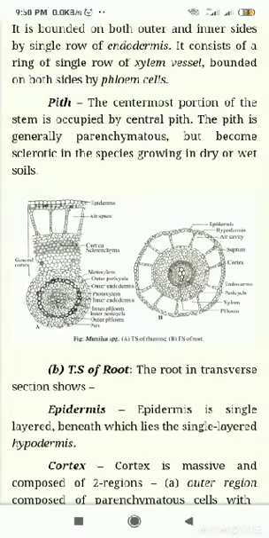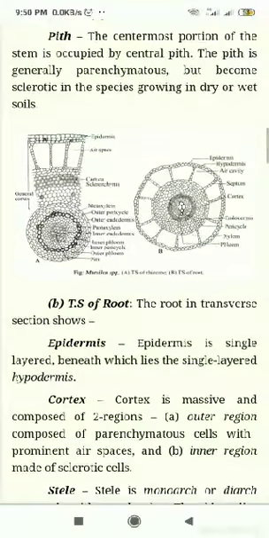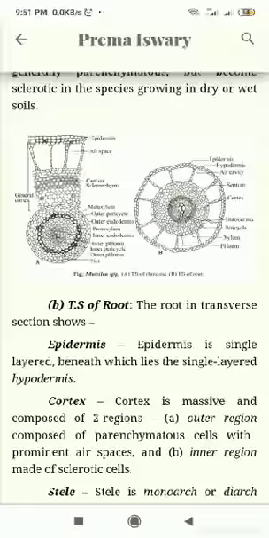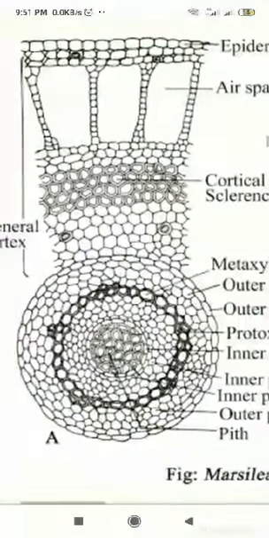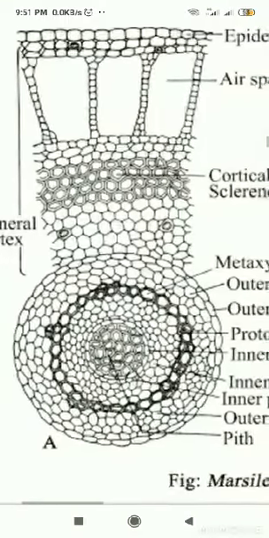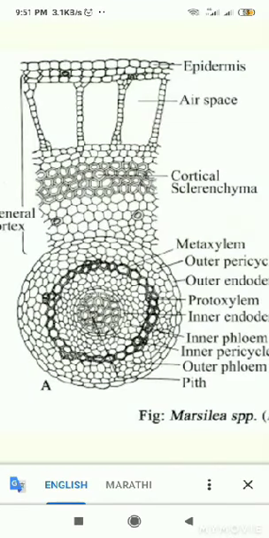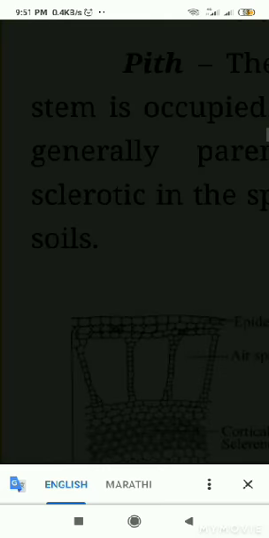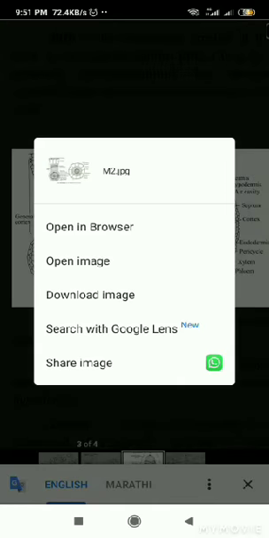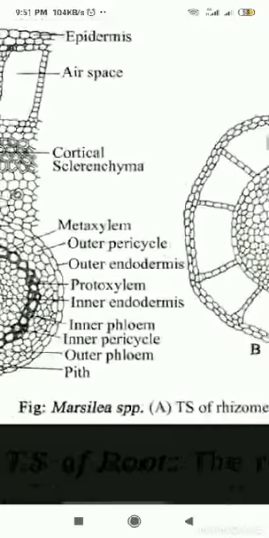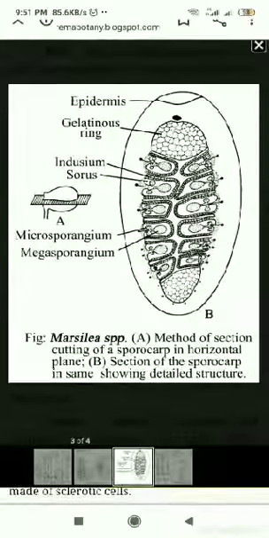So this is all about the anatomy, and here is the complete structure of the Marsilea species. This is the diagram of the TS of Marsilea stem. First of all, here is the presence of the epidermis. So this one is the epidermis. Then below that epidermis there is the presence of